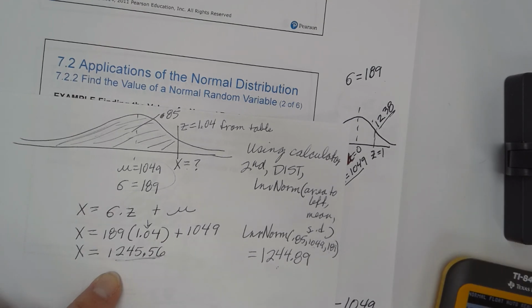Okay, so if you do second distribution, inverse norm, 0.85 for the percentile, and then mean 0 and standard deviation 1,